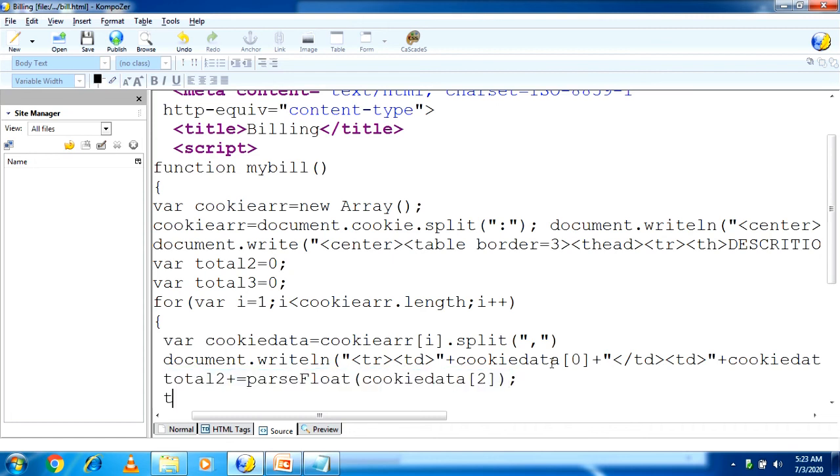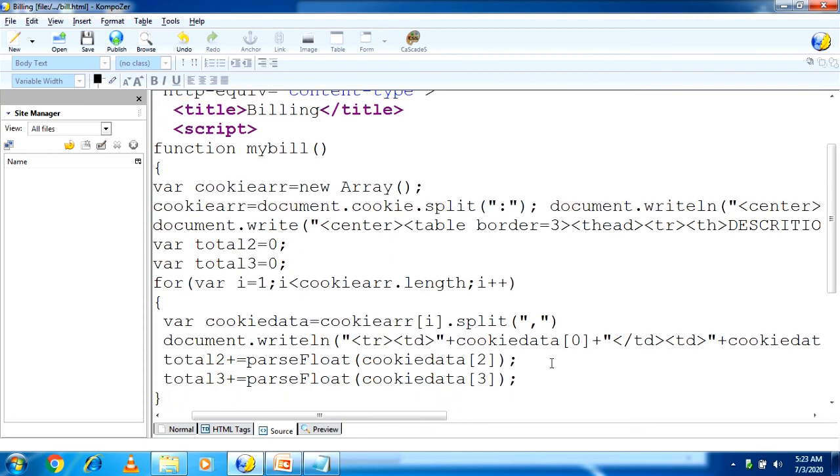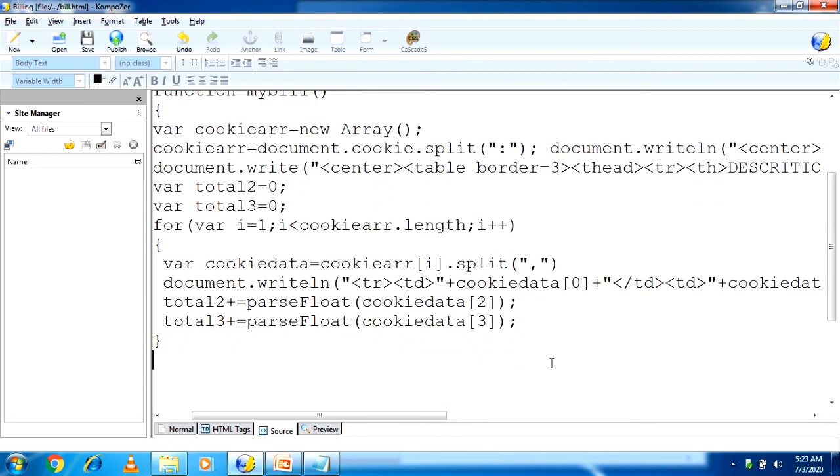For total3, the cookieData[3] value will be stored in total3. Okay.